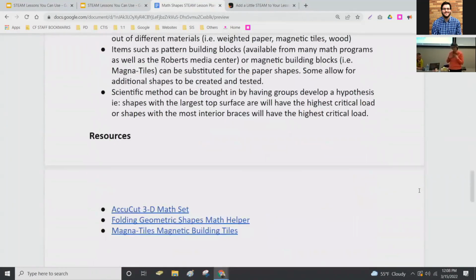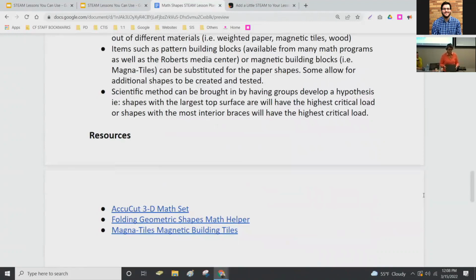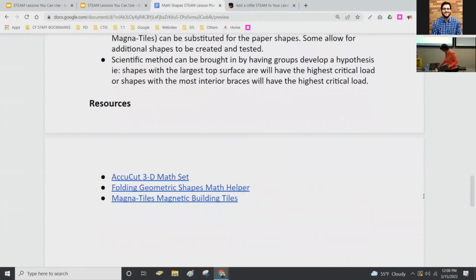So for me, what I did is we have, I don't know if you guys have an AccuCut system like this. This is what we have, and these are 3D models. There's a set of 4 or 5 of these in the set, and they're all shapes. This one happens to be the cube. So when you cut this out and you tape it together, it turns into this. The set also has a cone. Or that's not a cone, that's a can. Cylinder. It's a cylinder, yeah.